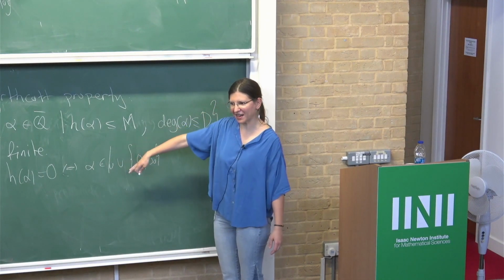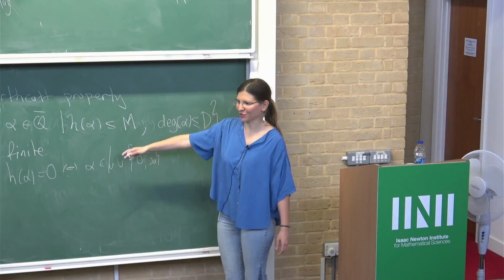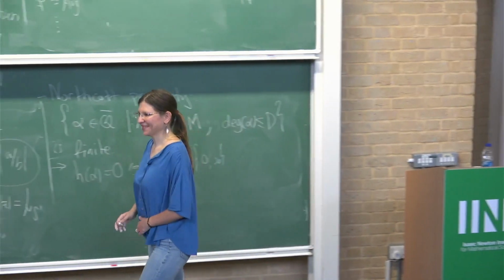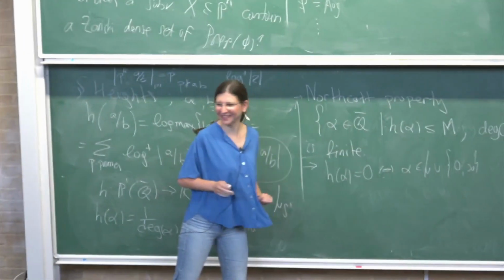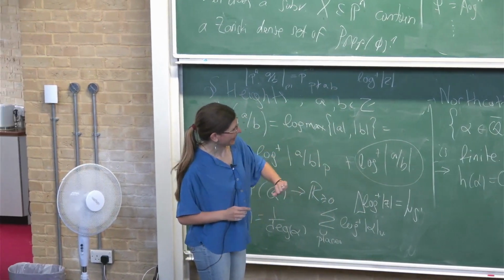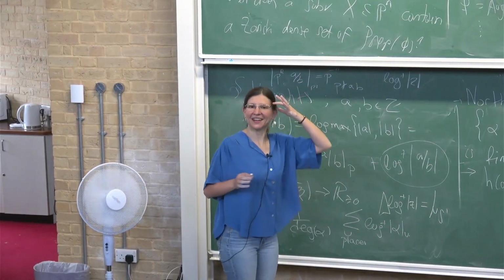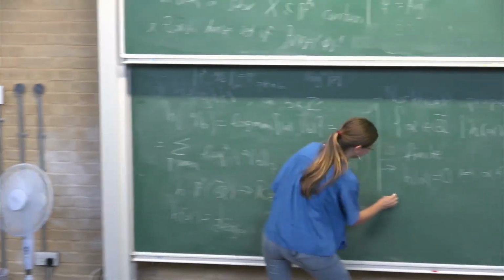You can prove this dynamically a little bit. Hint, take all the powers of a root of unity. They form an a priori infinite set of bounded degree. Yeah, that's a hint. Okay, but I want to go to dynamics, and time is running out. So maybe the third property